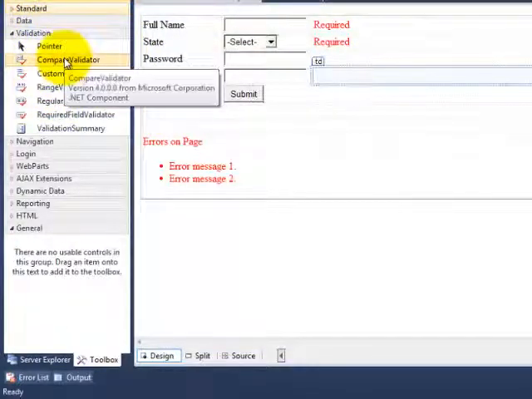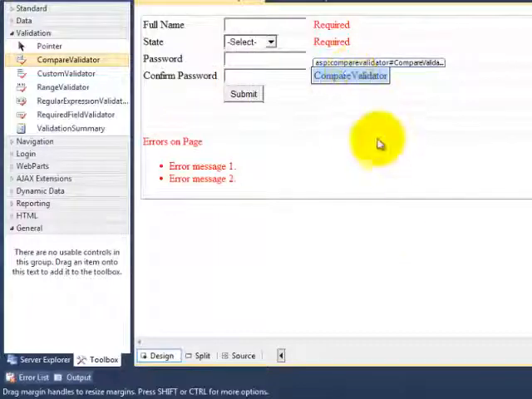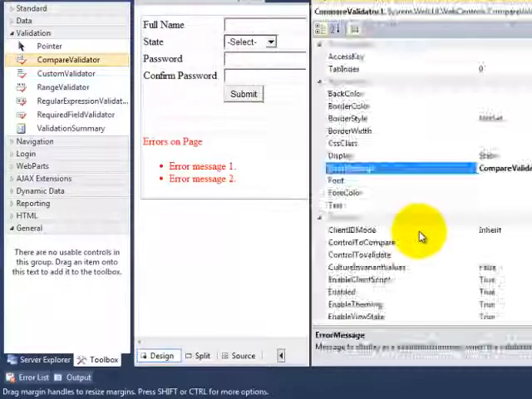Compare validator. This validator allows us to compare two values from two different controls. So drag and drop the compare validator, go to properties, set some properties.